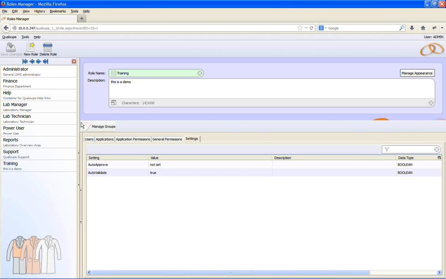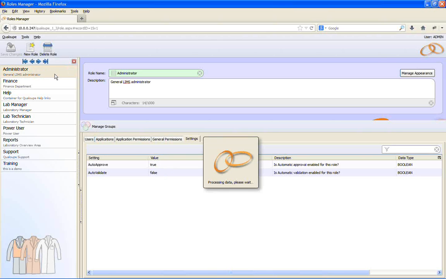So, if I look at another role, such as administrator, oh, that's got them reversed. So we've got auto approve is true, but auto validate is false. In other words, the supervisor has to manually look over and validate the results. But once they've validated them, the sample will then go to a status of approved automatically. If I return to training,